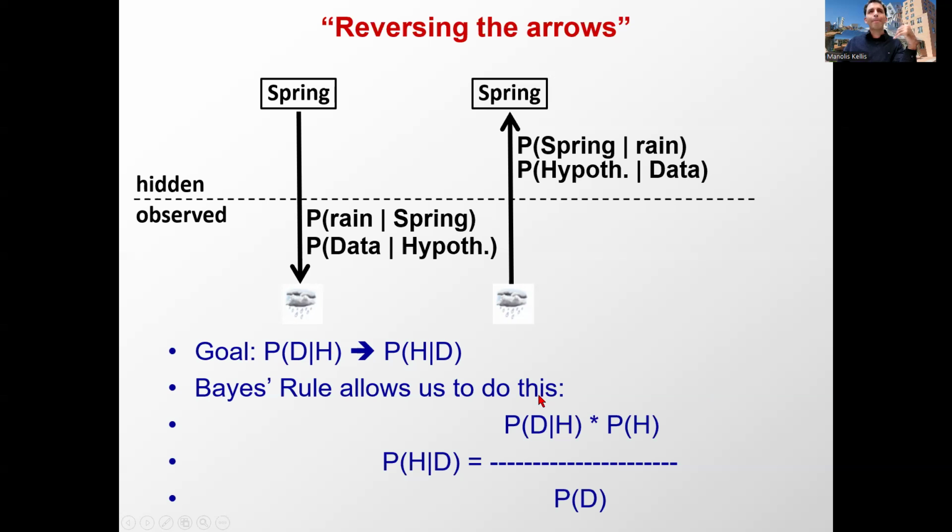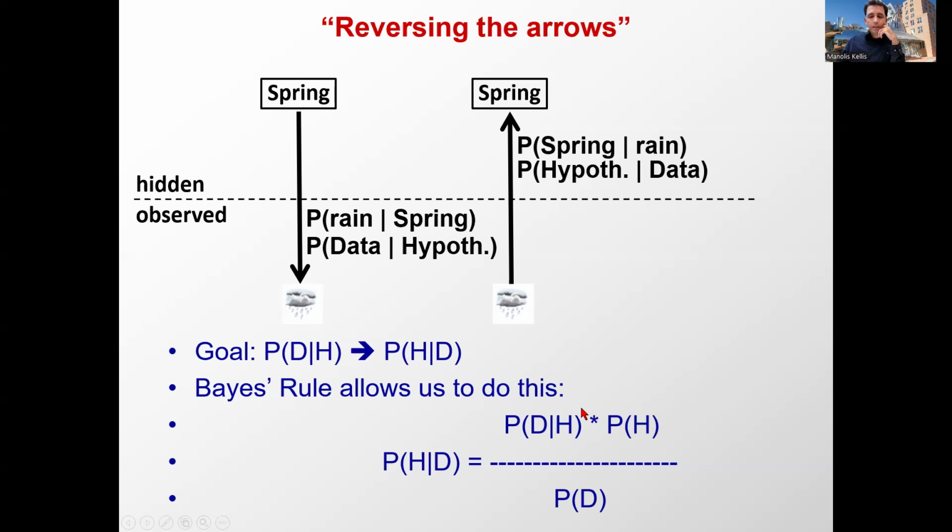When we talk about Bayesian inference, it sounds fancy, but it's simply that we're using Bayes' rule to reverse this arrow. We have the arrow of the probability of data given hypothesis, and we're flipping it around to get the probability of hypothesis given data. So we have a hypothesis, and we generate data. That's the arrow pointing down, data given hypothesis. And then this is hypothesis given data. In other words, we're trying to infer the up pointing arrow.